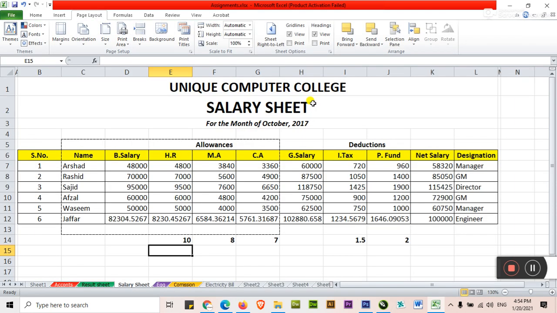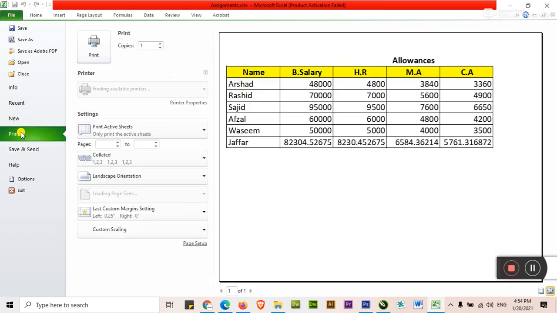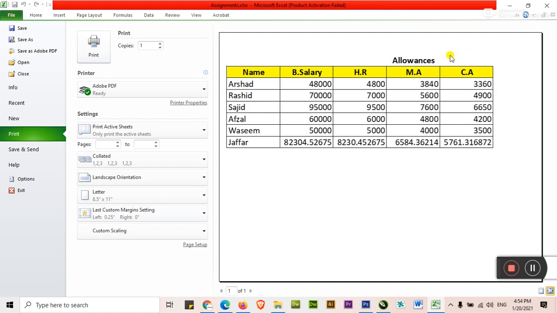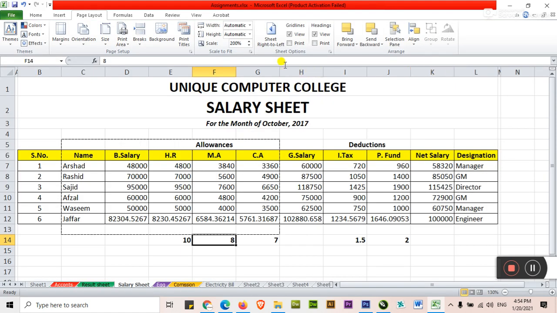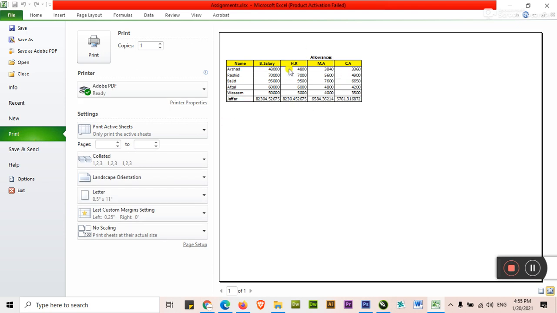In the print preview, if you want a larger size, you want to increase the print size, you should move to the scale. When you increase the scale from 100 to 200, check here, File, Print. You will see that the size of the print increases proportionately, 100% more. The size was first 100% and now it's 200%. Again move it to 100. Again check File, Print, and this is your 100% area.